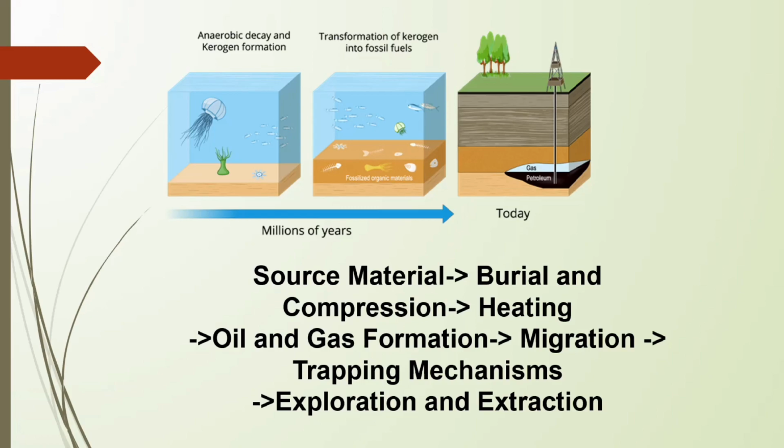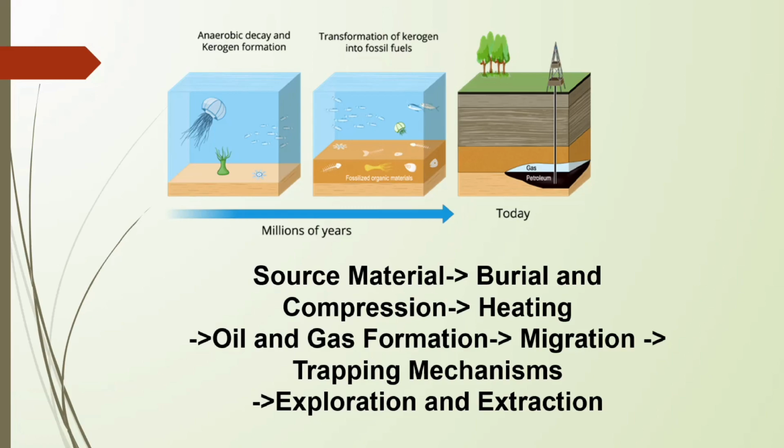Source material: petroleum originates from the remains of marine microorganisms, such as plankton and algae, as well as dead plants and animals. These organic materials settle at the bottom of ancient seas or lakes and become buried under layers of